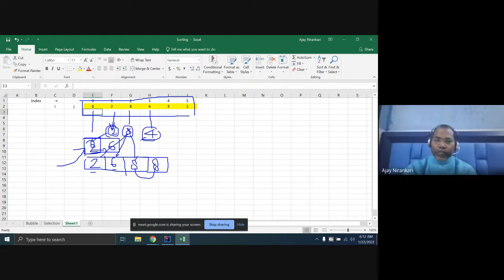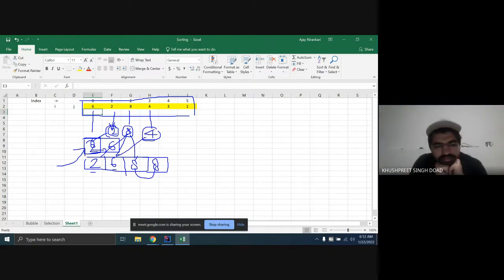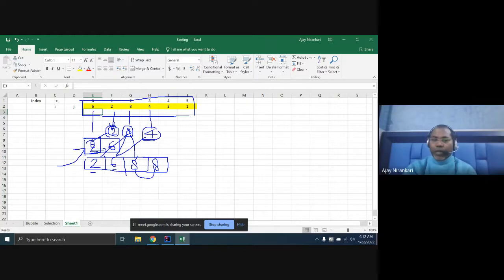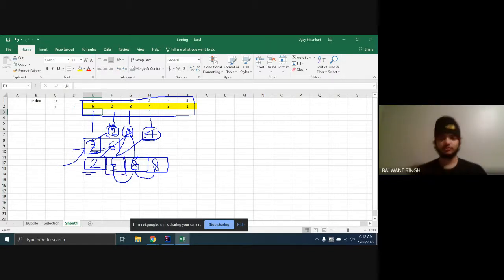Again, you check this four against six. It is less than, so you shift the six and eight to this place. Now again you check against the two. No, four is greater than two. So this is the proper place where four should be inserted, so here you can insert four.